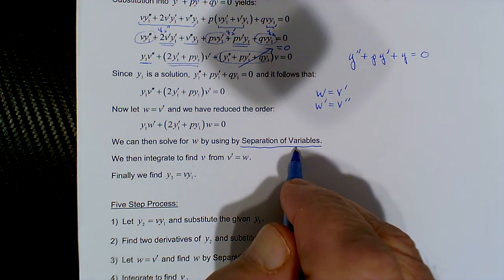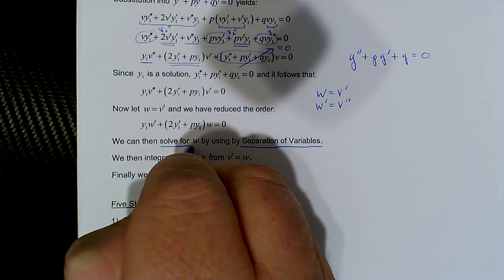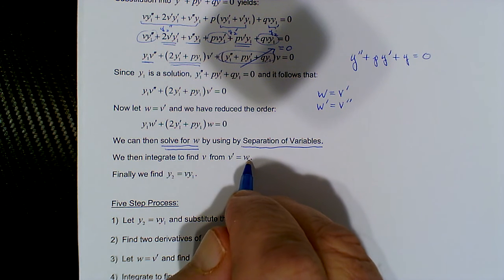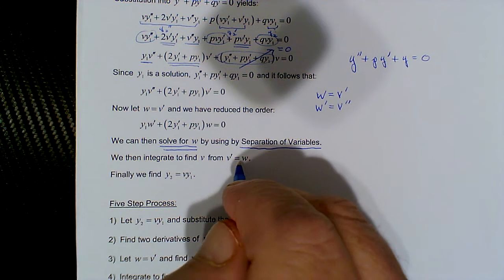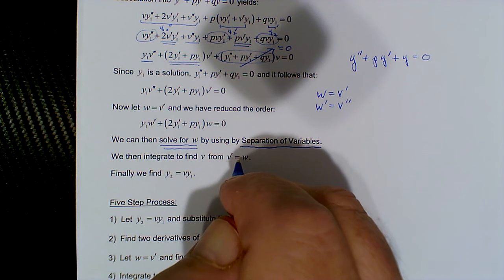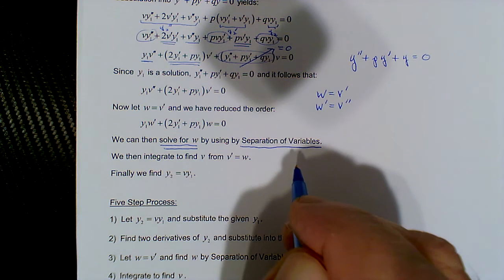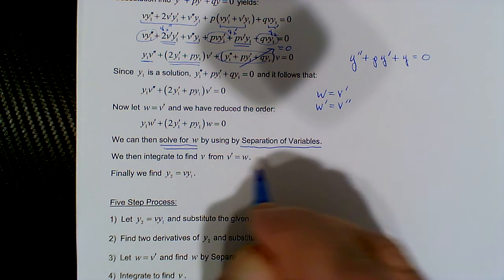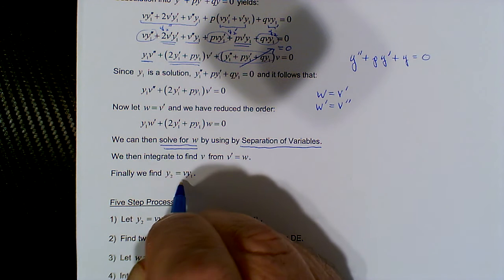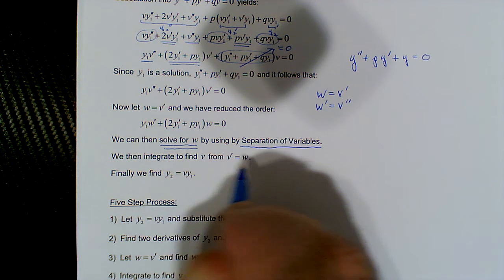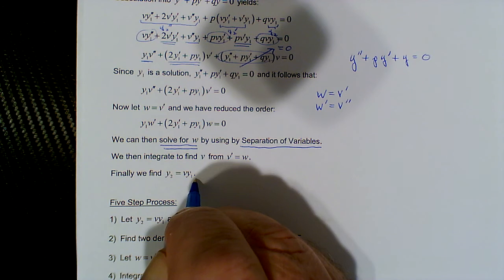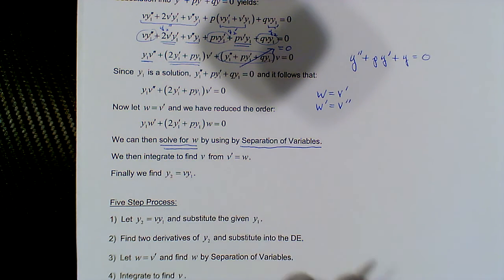And then after we solve for w, we're going to integrate to find v, because w is v prime. So if we integrate w, we're going to find v. And then finally we substitute v back into our original assumption that y2 was v y1. And that's the process,